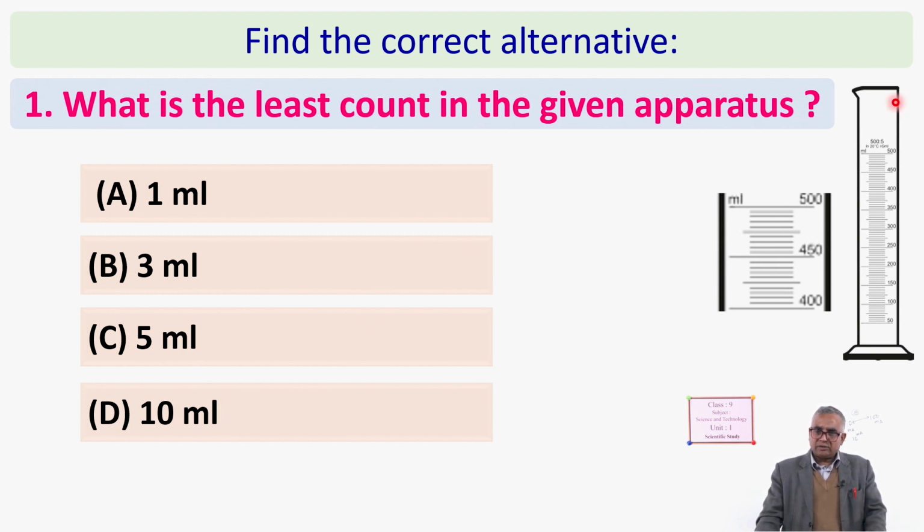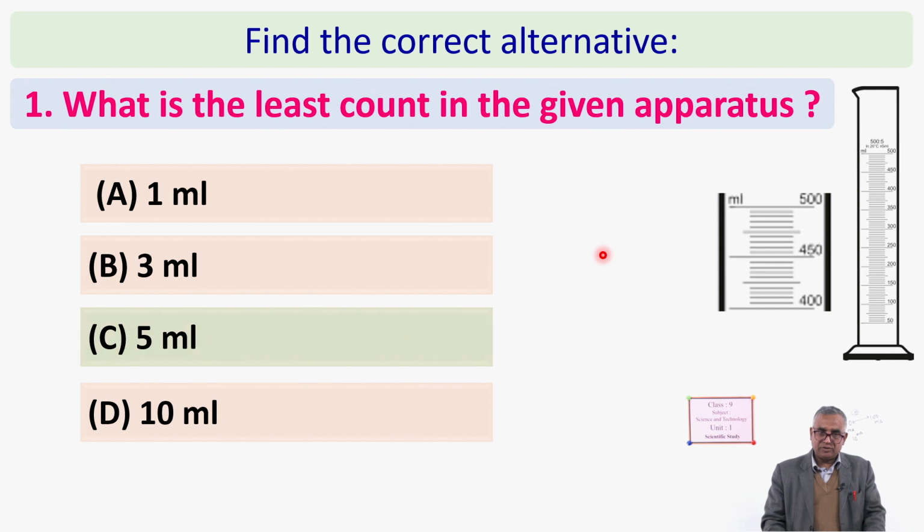Here you are given a measuring cylinder, and there are volume values in milliliters given, 400, 450, 500, and you can count the gap between them yourself. So what is the least value of the given apparatus? You have to find out yourself